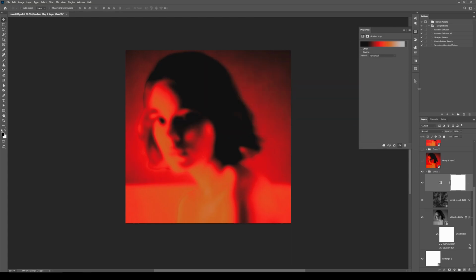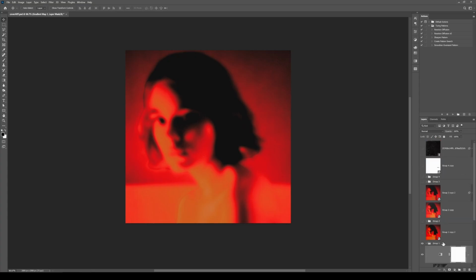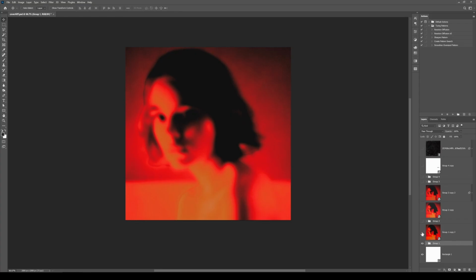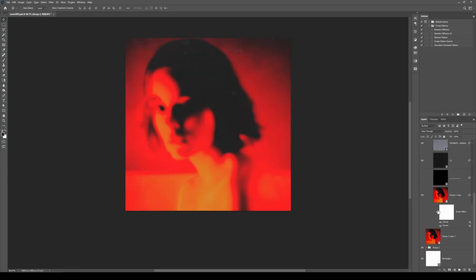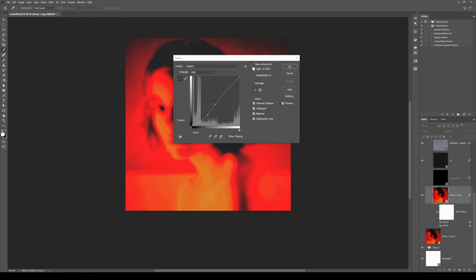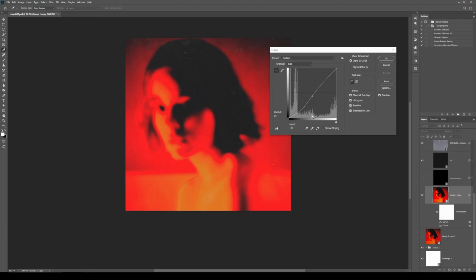So this is it. After you've done everything, you group the layers and then duplicate the group into another group and then convert it to a smart object. And then over that smart object, we will apply some smart filters, some curves. Initially, I removed the highlights and the shadows and then added them back again like this. You can copy my shape,